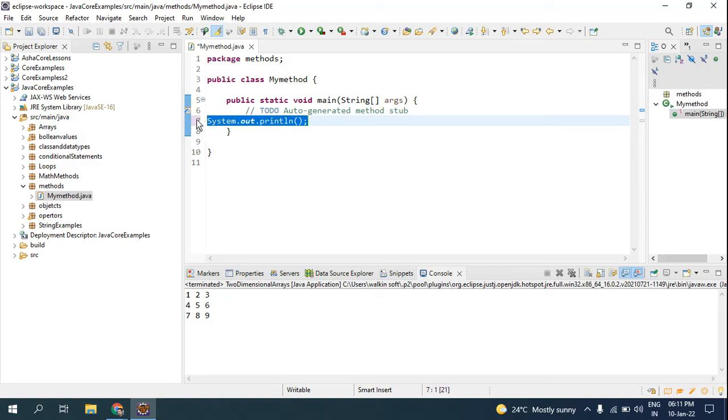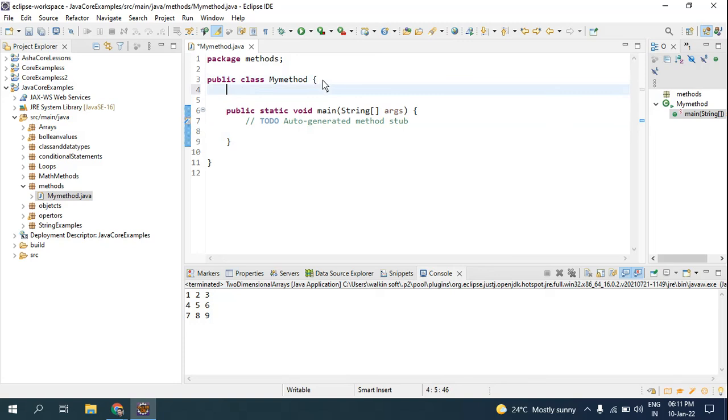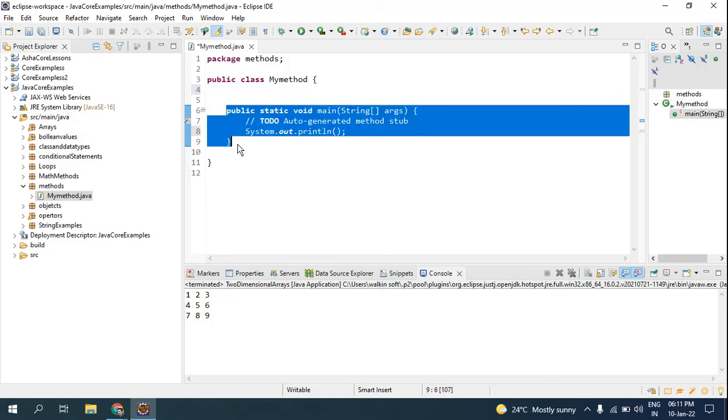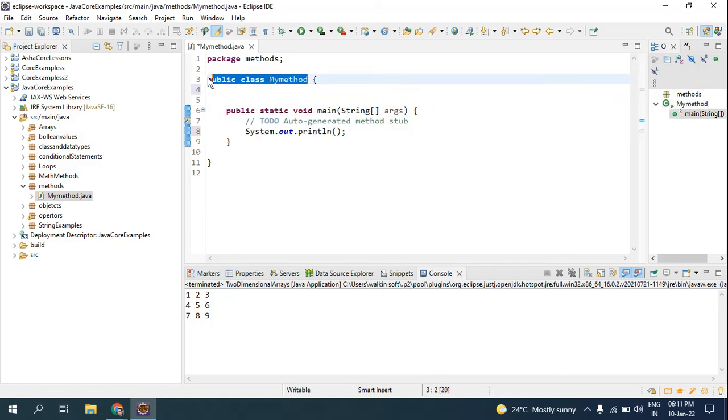If you take it out and paste it here, look, the Java compiler is showing an error. So this print method should always be inside a method, and this is the main method of a class. Look, this is the class, you have braces, and this is a method where these are called parameters or arguments, and this is a simple print method which gets invoked when you use parentheses.